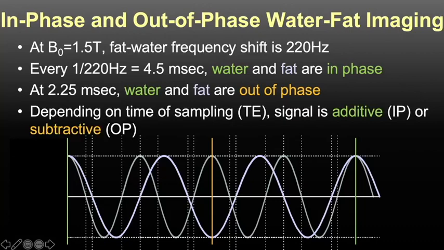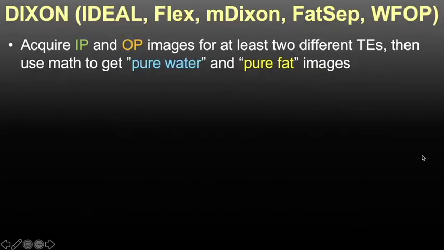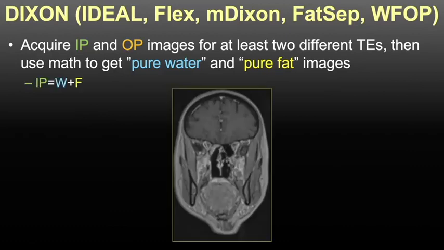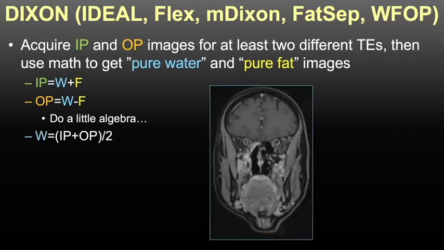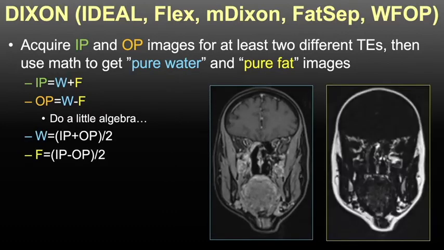So depending on when you sample, if you sample over here, the signal between fat and water will be additive or in phase, versus here, where the signal of fat and water are going to be subtractive or out of phase. And this is how we generate our Dixon imaging. So what we do is we acquire in-phase and out-of-phase images from at least two different TEs, right? And because the in-phase image represents water plus fat signal, and the out-of-phase image represents water minus fat signal, we can then just do a little bit of algebra to derive pure water and pure fat images